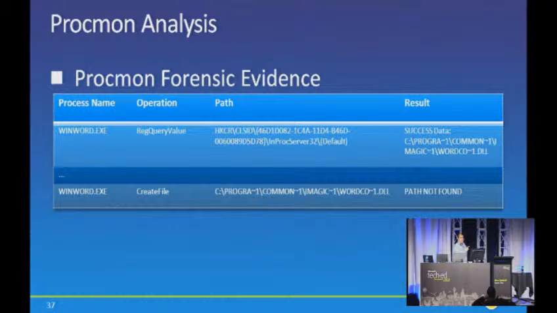This is the analysis that we did, and the reg query was a query for a specific DLL file in C:\Program Files\Common\Magic\wordco.dll. And when WinWord was trying to execute against that DLL, basically read in that DLL to launch the application,